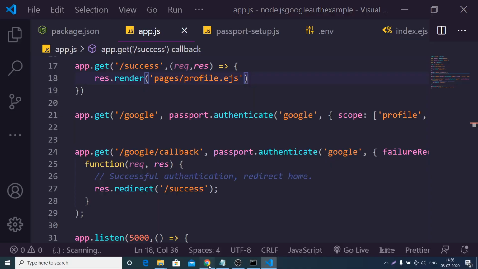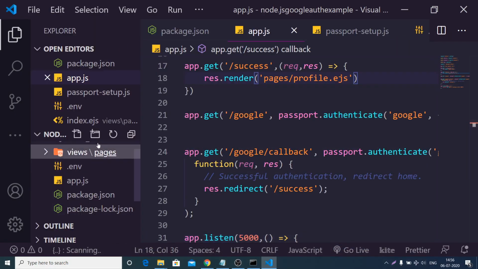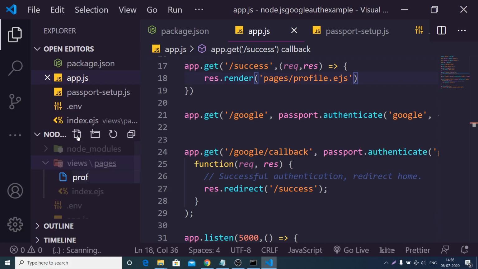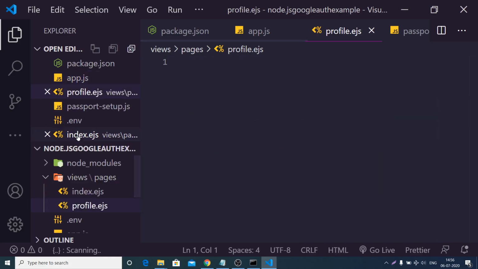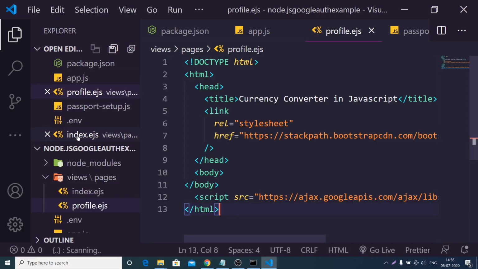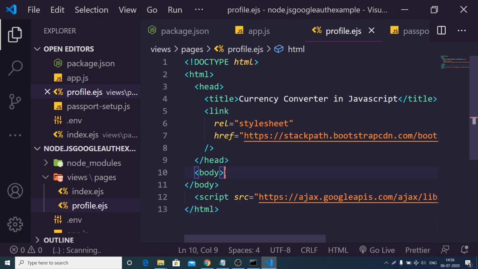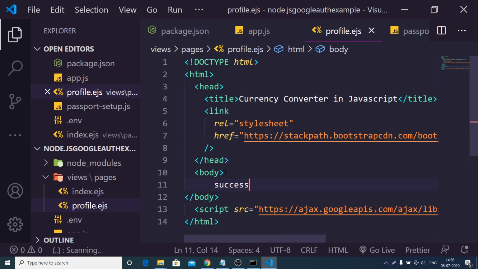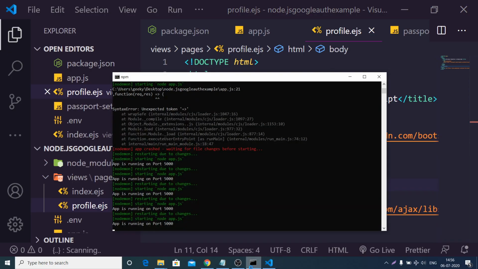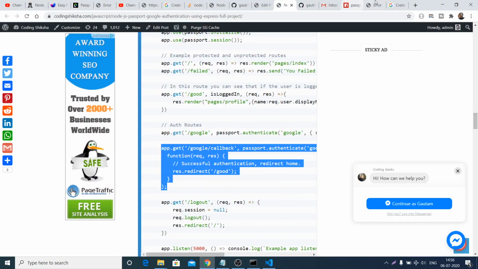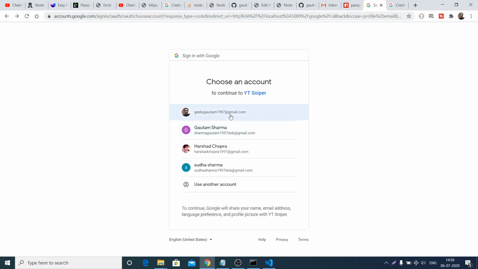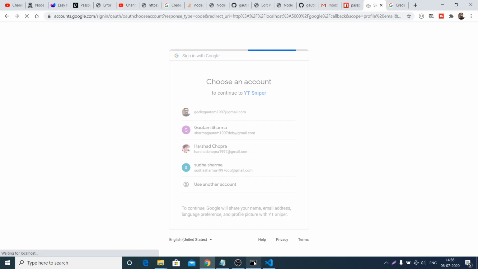Let me create this template just for now inside pages. This will be profile.ejs. Here I can just say success. Now if I re-execute the application, once again a list of accounts will come.